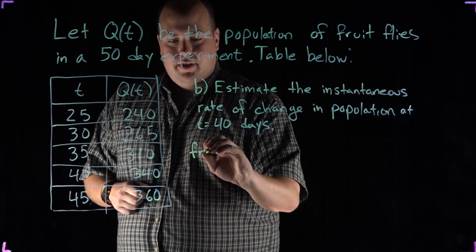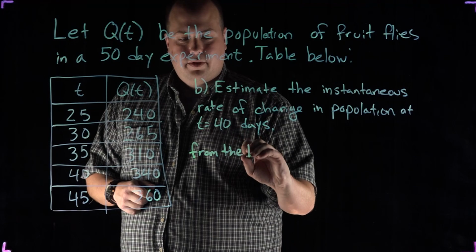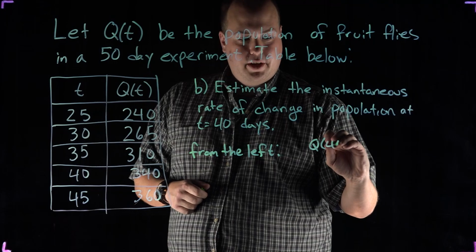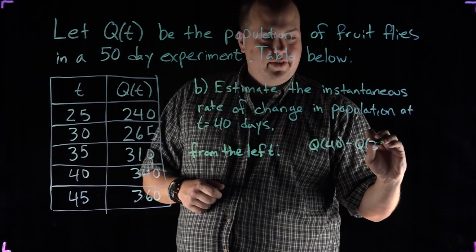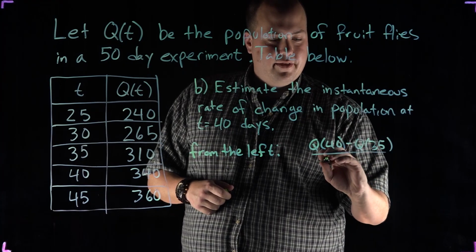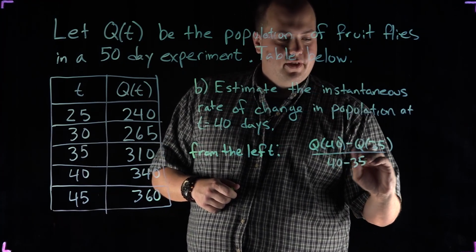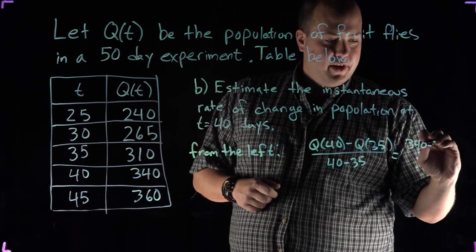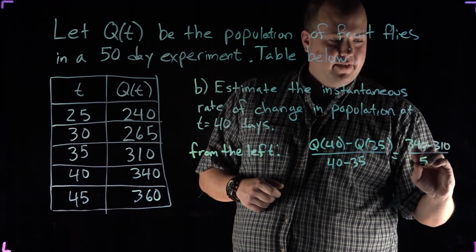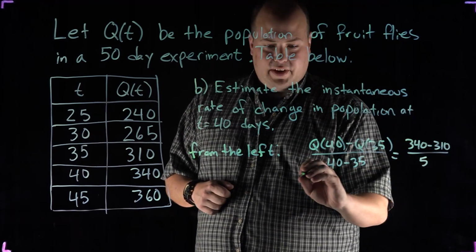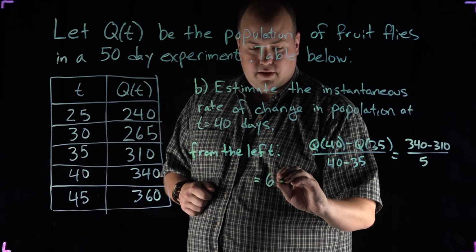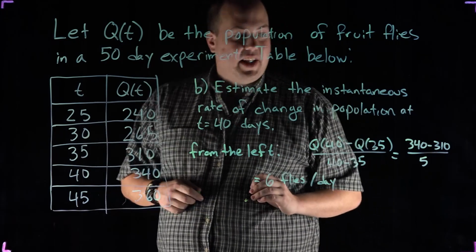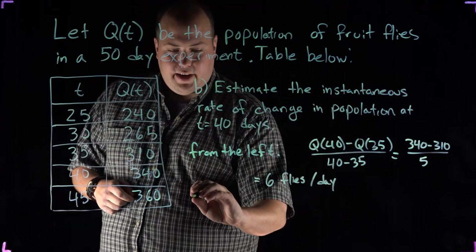So from the left, we'll do q of 40 minus q of 35 divided by 40 minus 35, which in our case will be 340 minus 310 over 5, which is equal to 30 over 5, or 6. Six flies per day, same units as part A. And from the right,